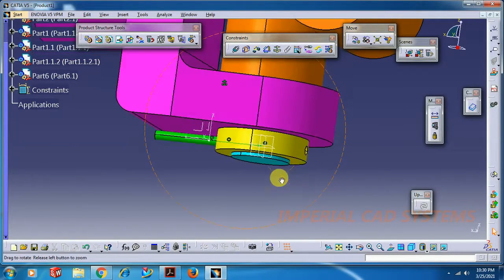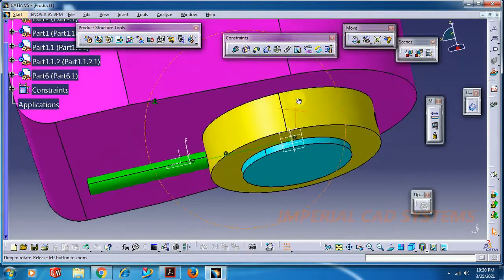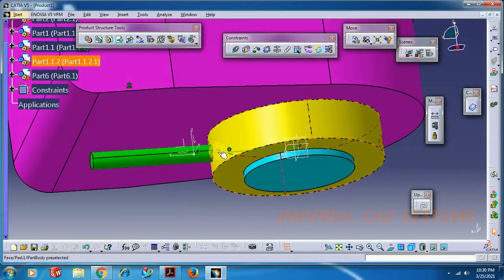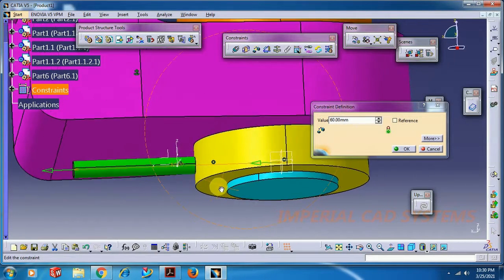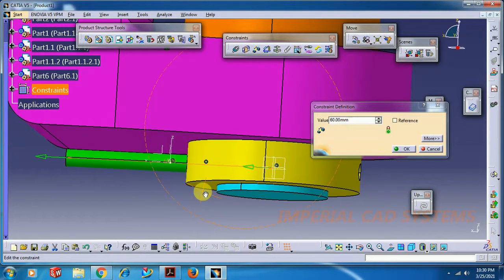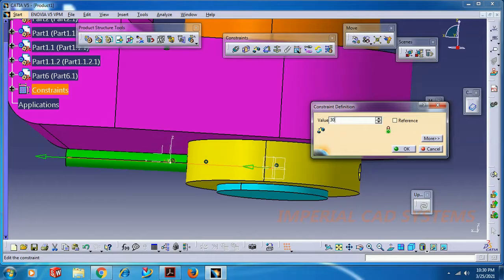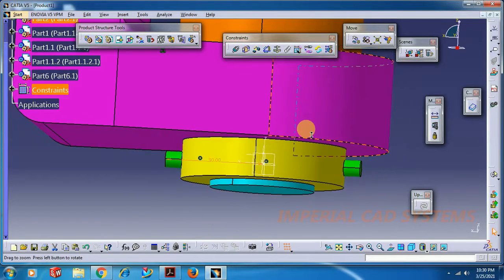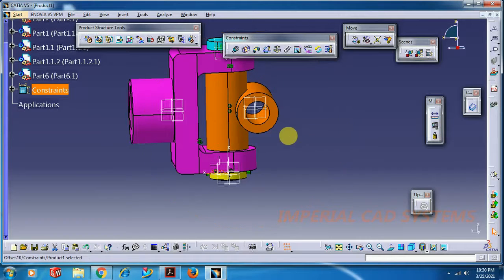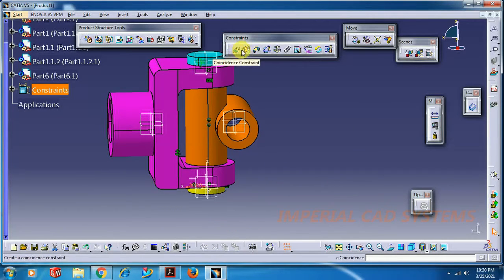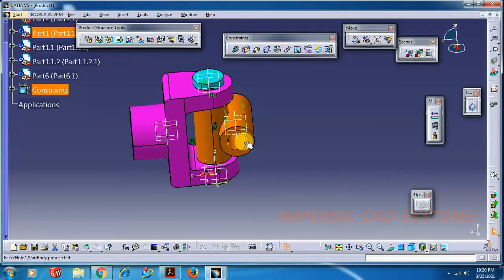Let me check. Not 60, we need to give 30, half. Yes, now it is placed. So like this we need to make use of coincidence, contact, offset, sometimes angle constraint.